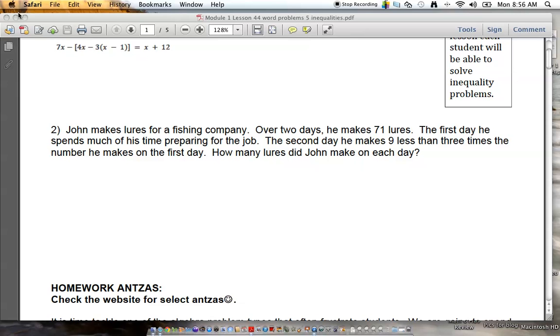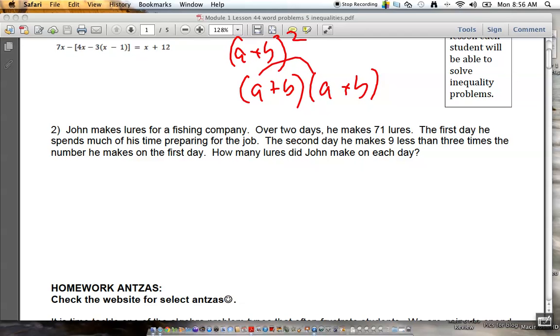Okay, I'm going to explain the first question very quickly. Mariah thinks the following rule should always hold true. Does it? No, it definitely doesn't. If you do double distribute, you'll get a squared plus 2ab plus b squared. Okay? If you do a plus b squared, guys, listen very quickly. If you do a plus b squared, that means multiply a plus b times itself. And when you do double distribute, you come out with a squared plus 2ab plus b squared. Okay? It never equals that. Okay? All right. So now we got to talk about John